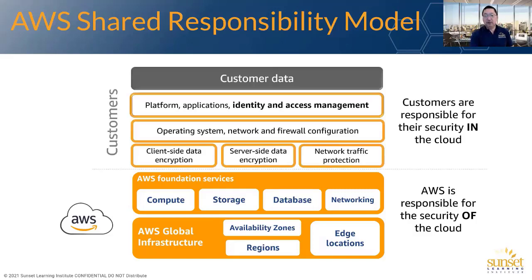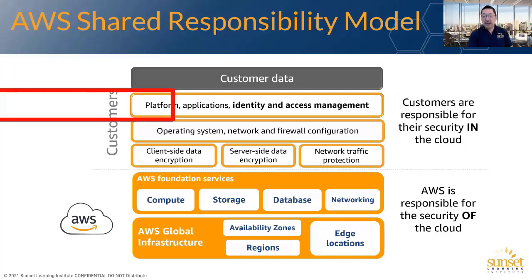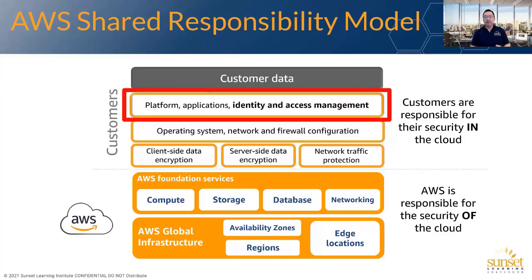But what we're responsible for is anything that we put into that cloud. So AWS says, hey, we're responsible for the cloud itself. You're responsible for anything you put into the cloud. And that includes making sure the operating systems are patched and up to date and protected against attack, encrypting any data that you happen to have there, protecting that data integrity that we talk about. But we're also responsible for any of the configuration that has to do with who we allow access to those resources. And so that's what our conversation is about today, is really focusing on this top level of